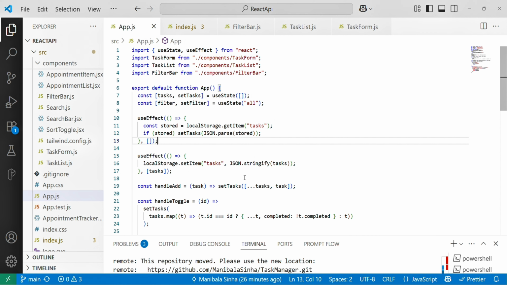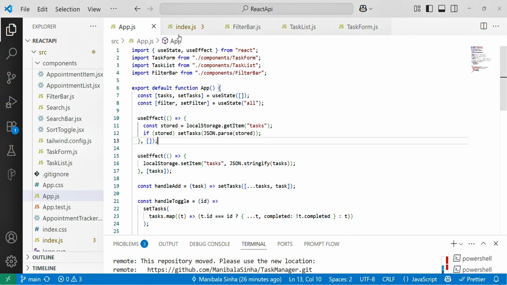And now you can see the App.js file, and here I have used useState and useEffect. So useState is a hook to create and update local state in functional components, and useEffect I have used as a hook to run side effects like fetching or storing the data. And here I have used a task form, task list, filter bar.